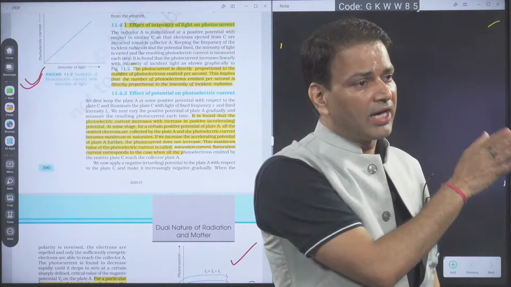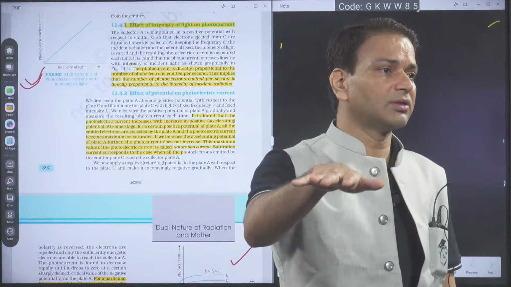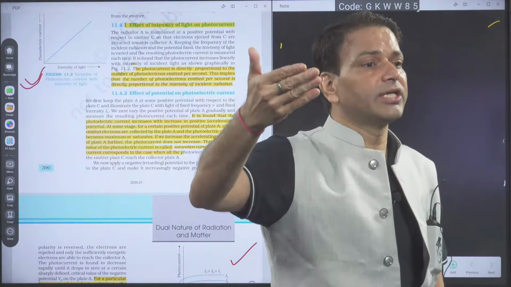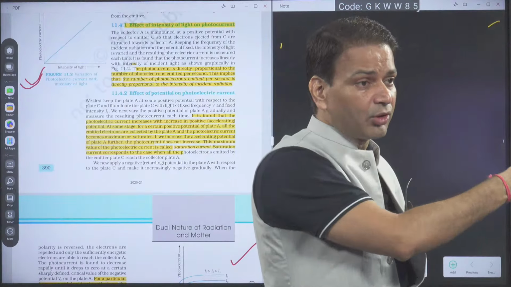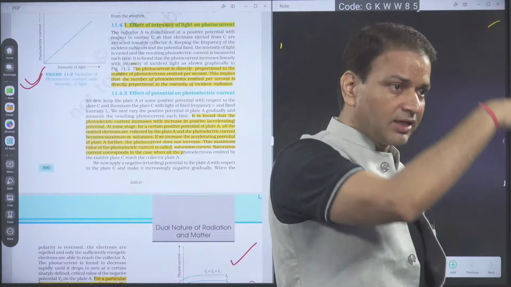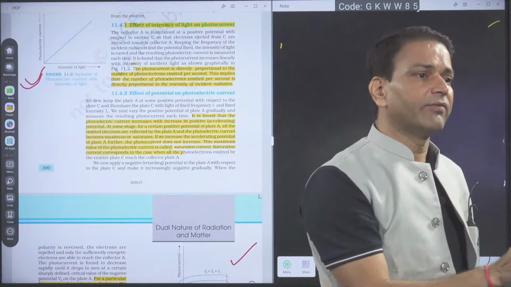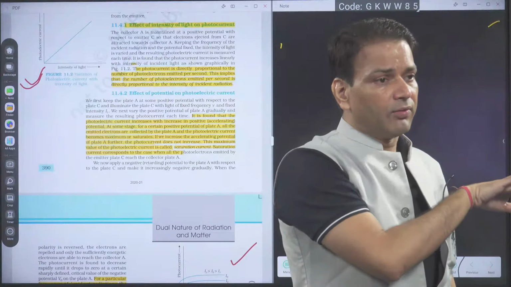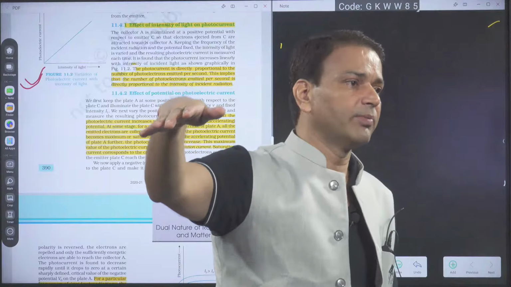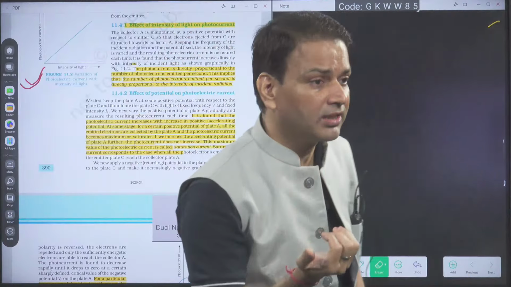So when all ejected electrons start reaching the collector, the current becomes constant, or the maximum, or the saturation. Okay, if after that you want to increase the current, you have to increase the number of electrons. To increase the number of electrons, earlier I said we have to increase the number of photons, or we have to increase the intensity. But for the given intensity, whatever photoelectrons are ejected, when they start reaching the collector, the current will become constant, or that current will be the maximum. That current is called saturation current.